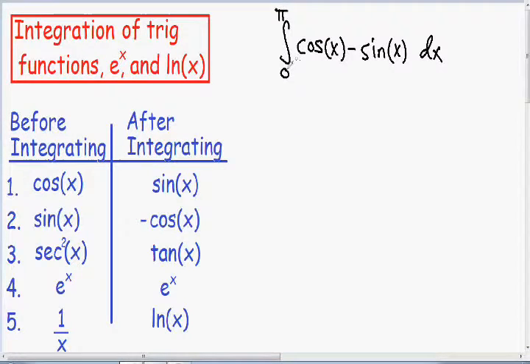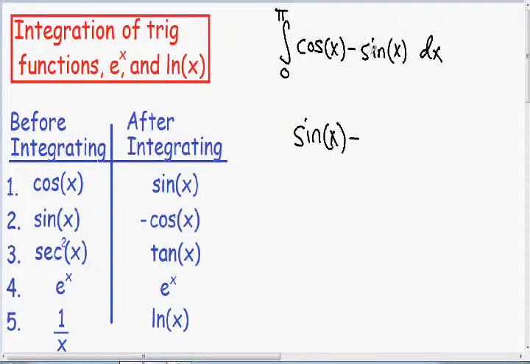Here we have the integral of the cosine of x minus the sine of x. And once again, look at our table on the left. Look at line number 1. If we have the cosine of x before we integrate, after we integrate, it's going to become the sine of x. So once again, our first term that we have in our integral is a cosine of x. So if we integrate that, it's going to become the sine of x